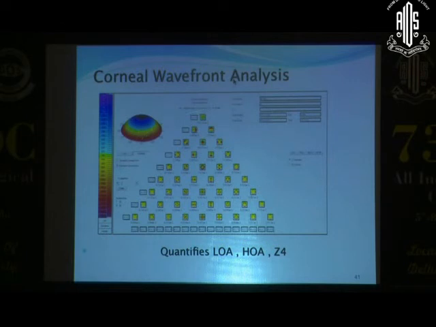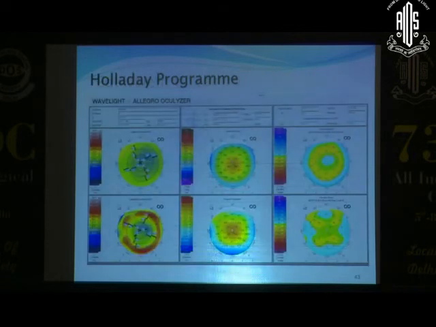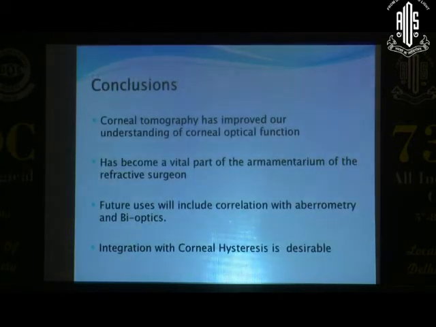Other advantages is the corneal wavefront analysis, which can be done with the pentacam. However, the iTrace and other devices are better for this. Equivalent K readings can be used for post-LASIK and post-refractive surgery patients for evaluating the corneal dioptric power, which can then be introduced into the Holladay 2 formula for providing a better estimation of the intraocular lens power at the time of cataract surgery.